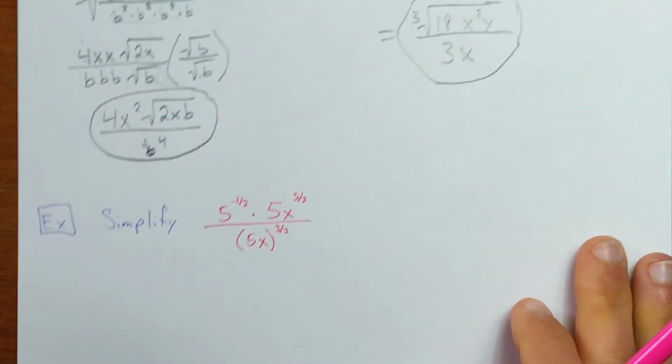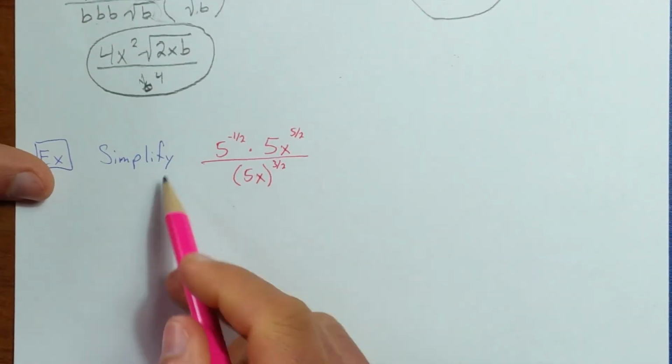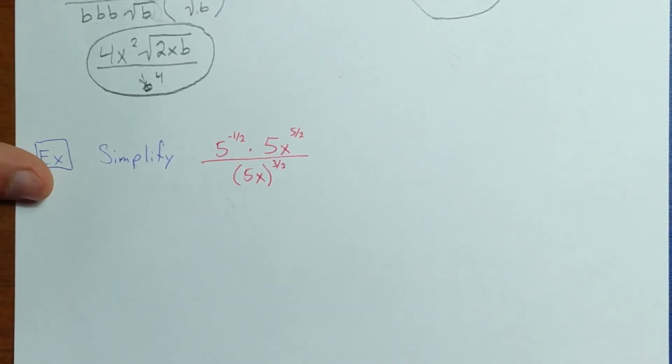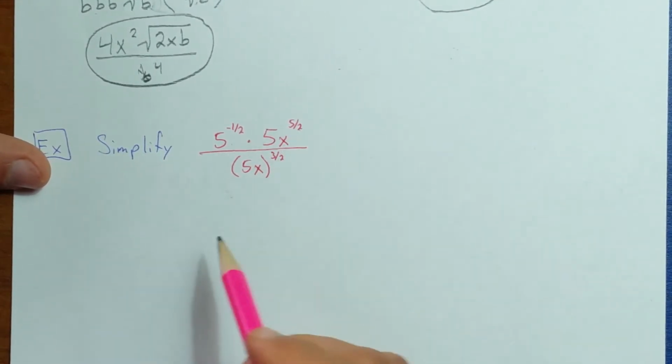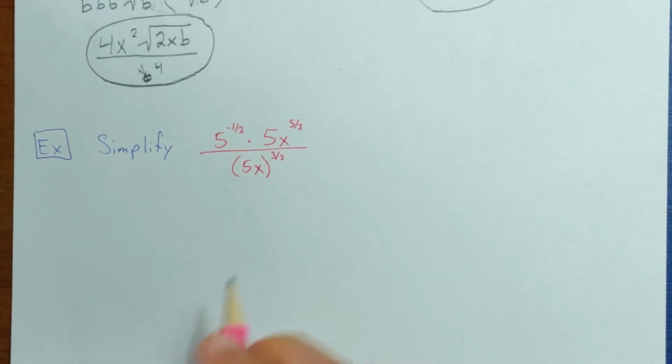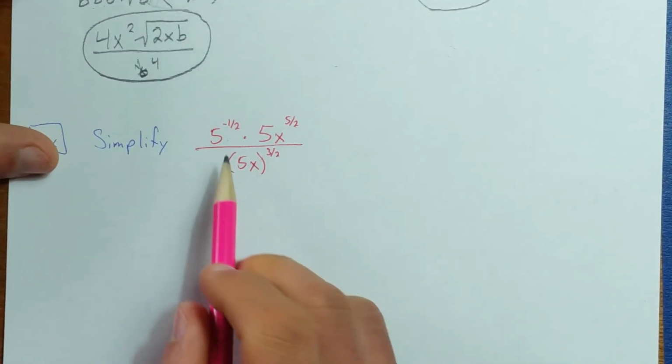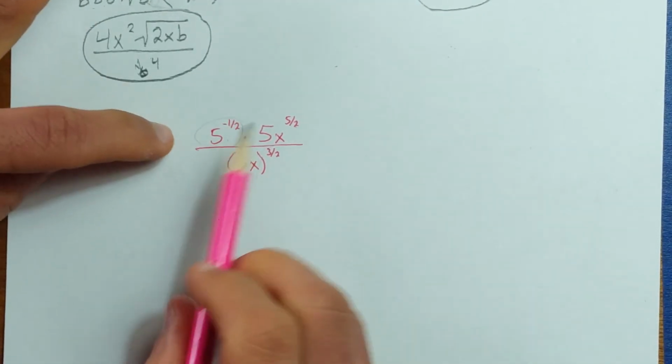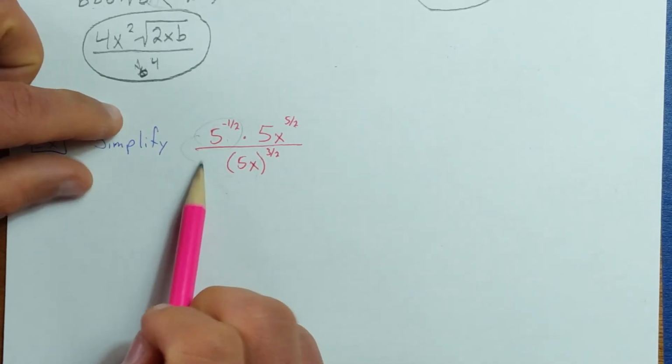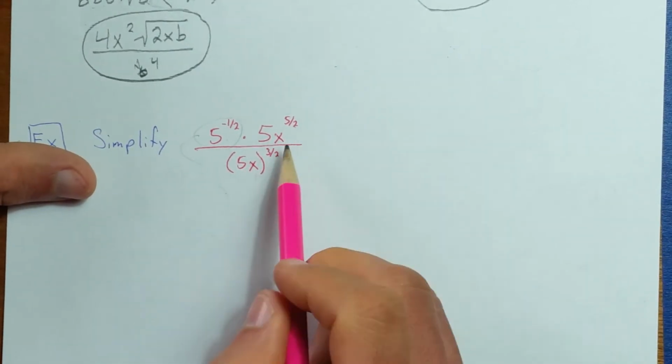The last type of problem that you see in this homework is simplifying something like this, where you have negative exponents, positive exponents, some things in parentheses, some things not, and so there's a little bit of understanding you have to do. This one, I think, is simple enough. It's a negative exponent. To simplify, if you want, you can move it to the denominator. That's one option you have. This term